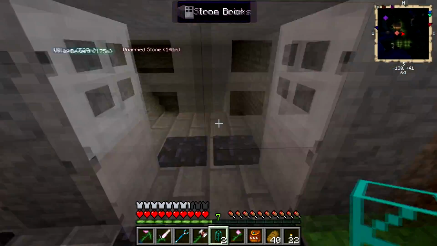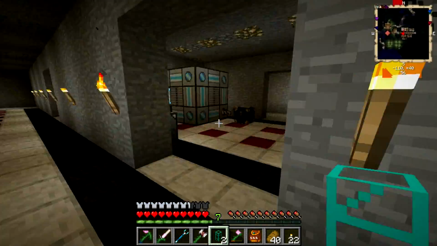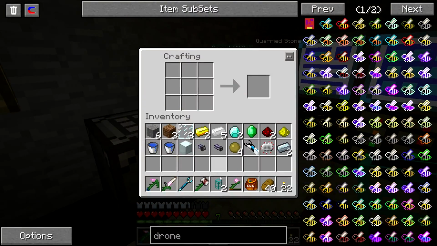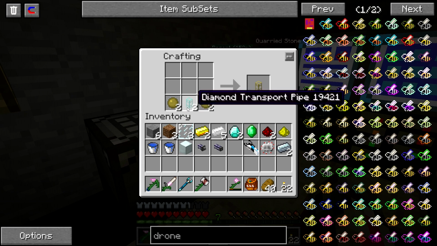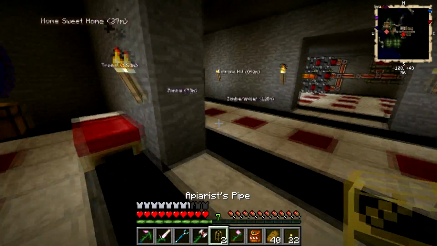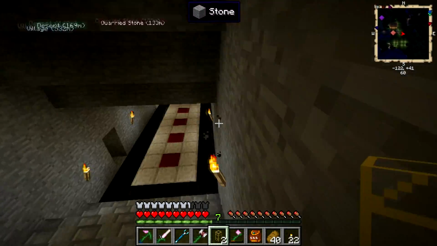So we're going to take these. I did go ahead and get some propolis finally, so we can actually show this. And here's my crafting bench. What we do is we take the diamond transport pipe like we normally have and put propolis on either side of them. And we get ourselves some apiarist pipes, which are basically...